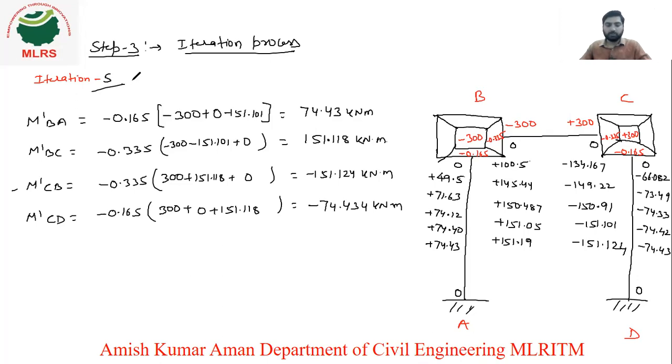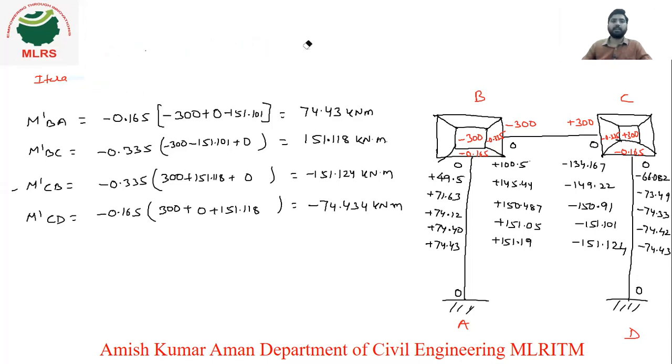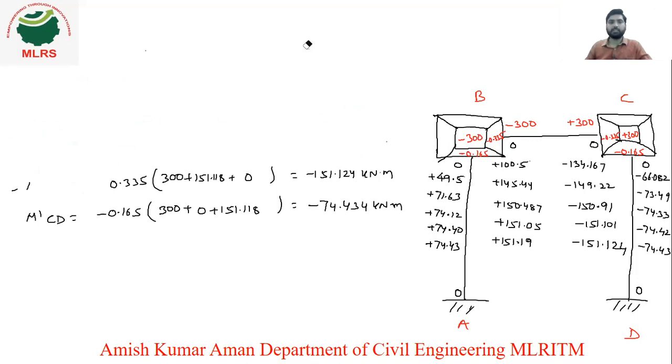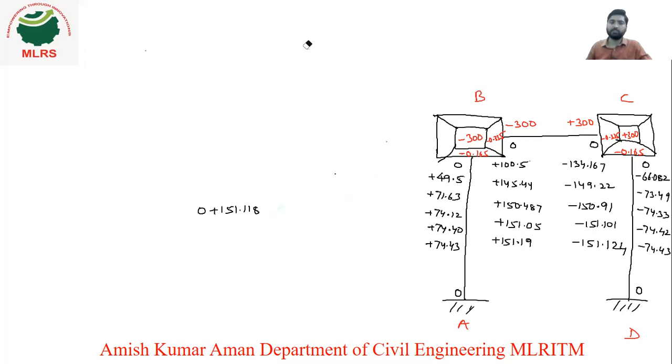We got this last iteration. By using these values, we will find the final moments, right? So the last step is the calculation of our final moments, step number 4. I hope you are all clear with this near contribution value and far contribution value. I already discussed what near and far contribution values are in the first problem of Kani's method. So please visit that video, or if you are seeing this video first time, visit the first lecture of Kani's method so it will be very easy for you to understand. So step 4, final moments.